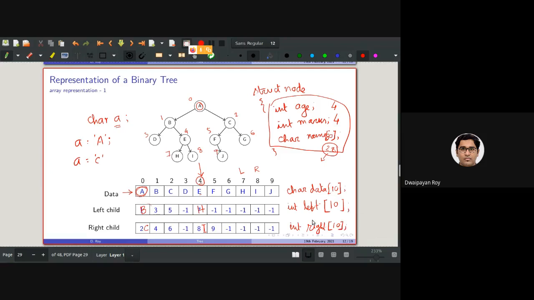And there will be a 1-to-1 correspondence. The 0th index will be this.